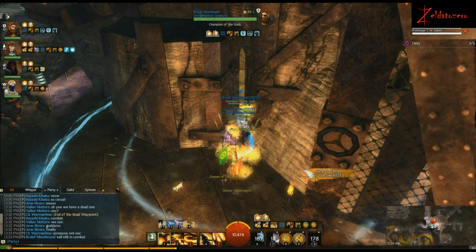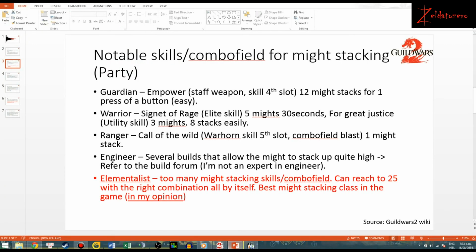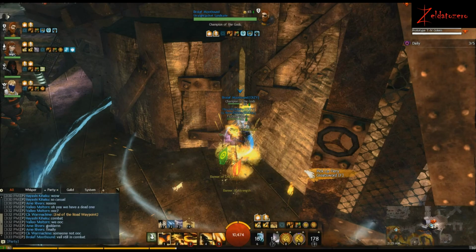And after that, other people in the group, like the warrior, he only used For Great Justice, I think. Actually, he didn't use For Great Justice, he used Signet of Rage. Was it? Yeah, Signet of Rage. 5 might stacks for 30 seconds. So he used that one, and it will give us about 5 might stacks. And after that, I push it up using my other skill to stack. But I didn't get up to 16 by myself